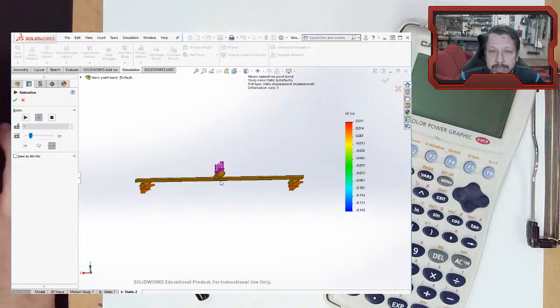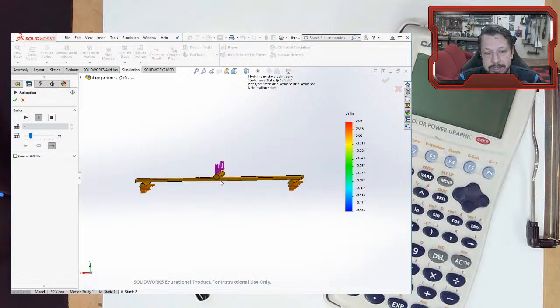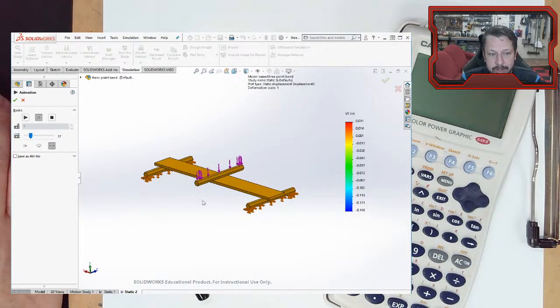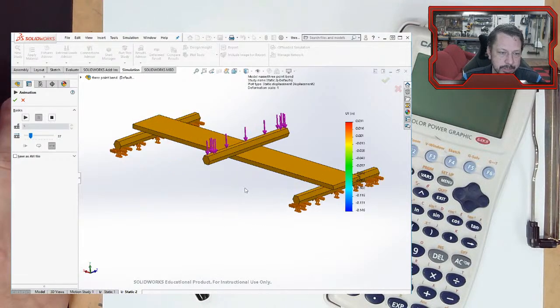The only variable in that equation that we won't know is E, the modulus of elasticity, so we could back out the modulus of elasticity. So this would be one way you could calculate modulus of elasticity if you had a sample like this one and an actual testing machine. You could do the exact same thing. Now, like I said, SolidWorks already has a value for the modulus of elasticity for all of these materials in our simulation, so it's a little bit redundant to actually back it out of what SolidWorks already knows. But